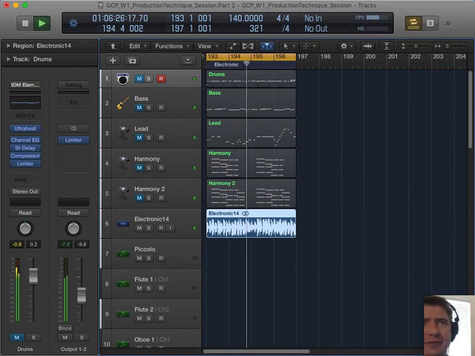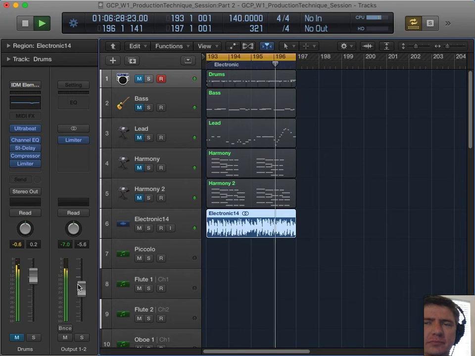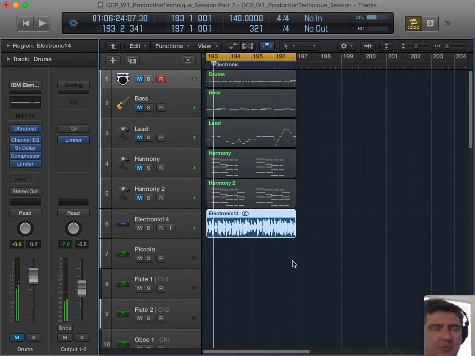gets cut off. So doing a regular bounce this way can create issues with loops, because every time it goes to the end, that cymbal crash that was just hit gets cut off. So we want to figure out a way of maintaining any sort of crossover that would be playing past the end of the loop. That is delays, reverbs, instrument decay, anything that tails off a little bit longer.